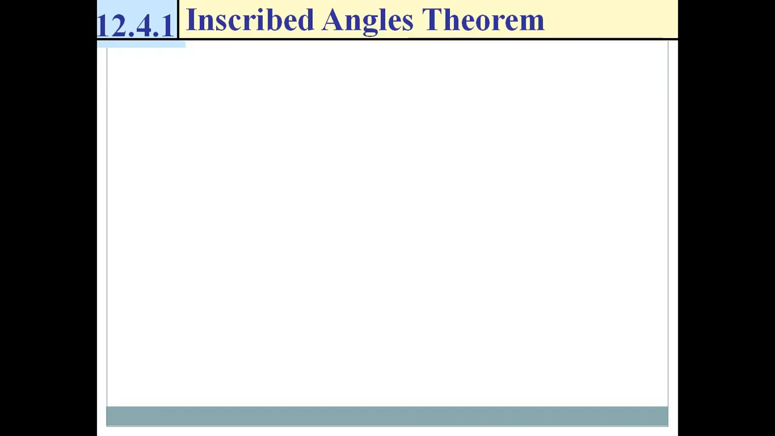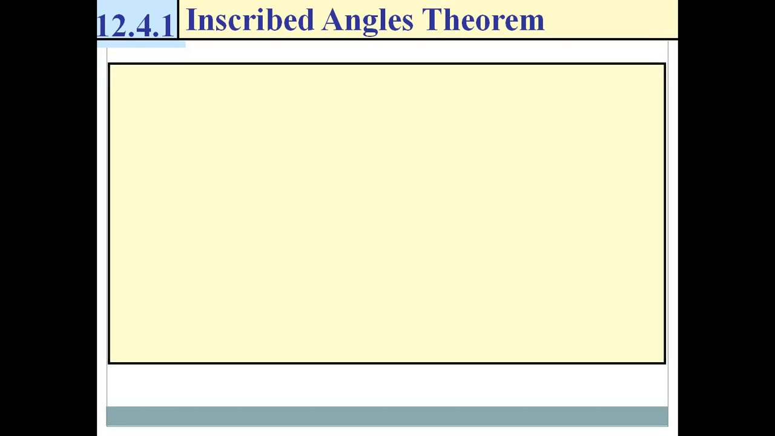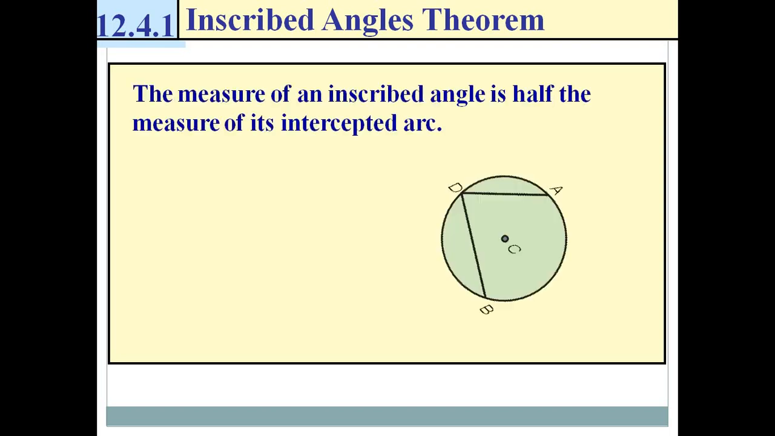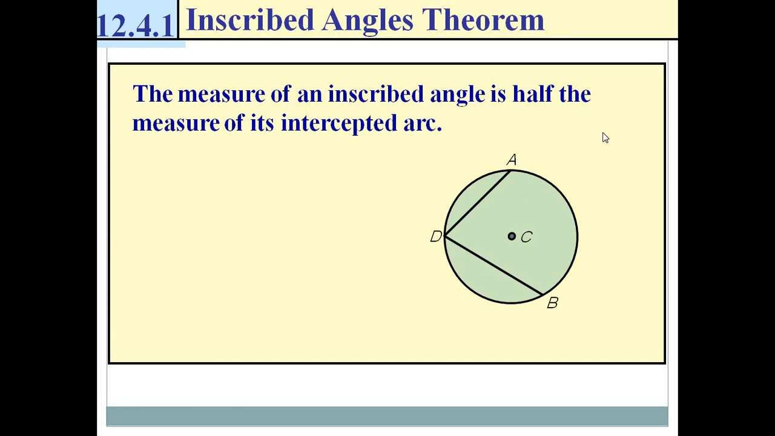And now we will have theorem 1 in lesson 4. Inscribed angles theorem. The measure of an inscribed angle is half the measure of its intercepted arc. What does it mean? We have here an inscribed angle